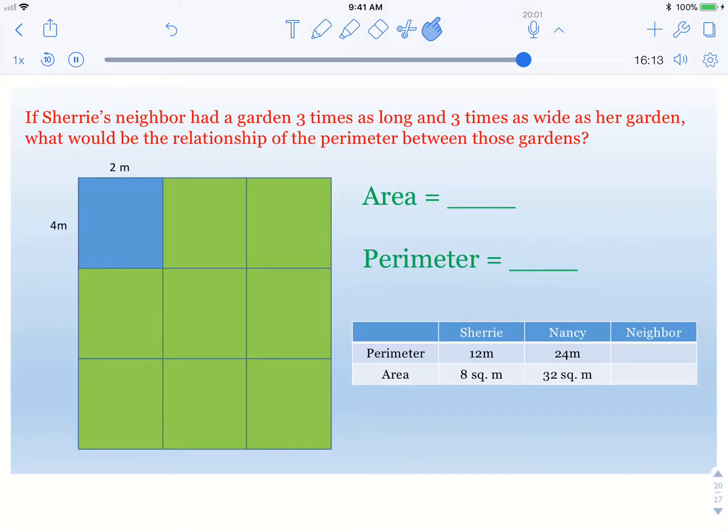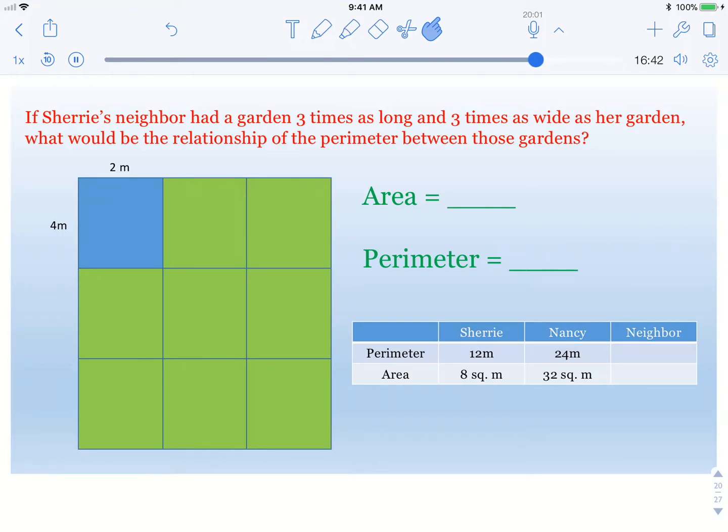Okay, if you look, now we have a chart. Sherry's neighbor had a garden 3 times as long and 3 times as wide as her garden. What would be the relationship of the perimeter between those gardens? What do you notice about this chart? What's the pattern in perimeter? What's a pattern in area? If you notice